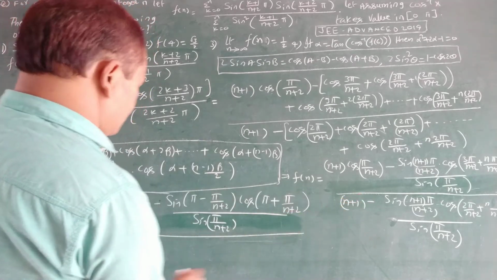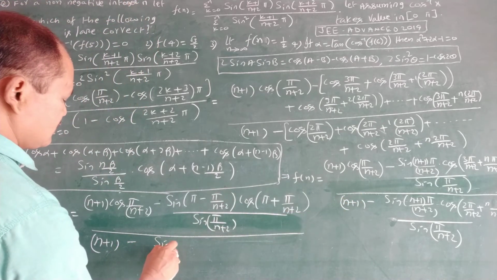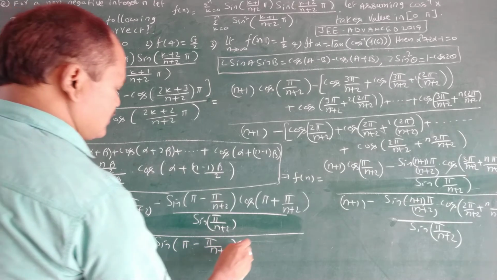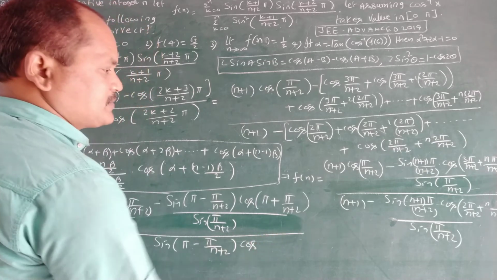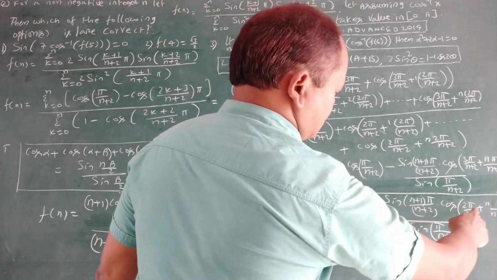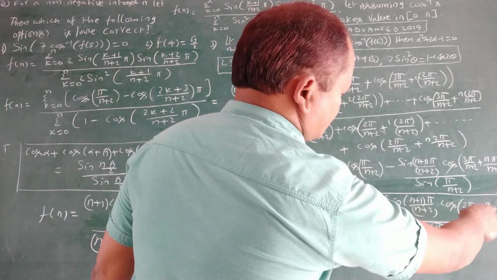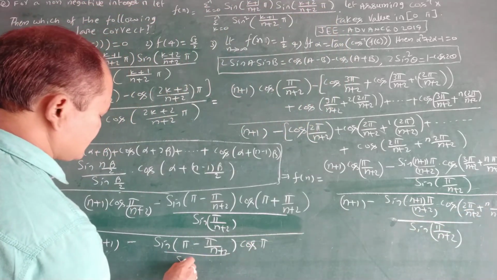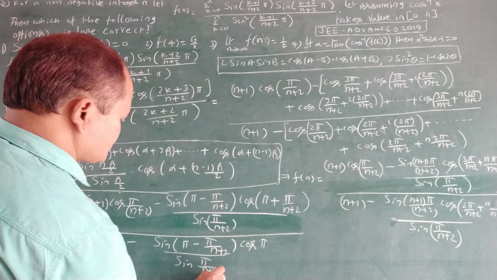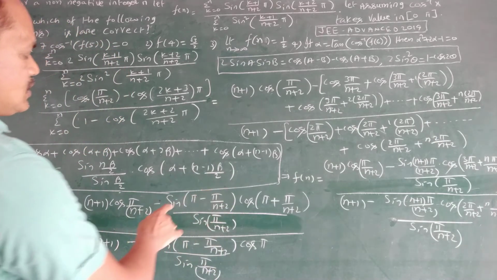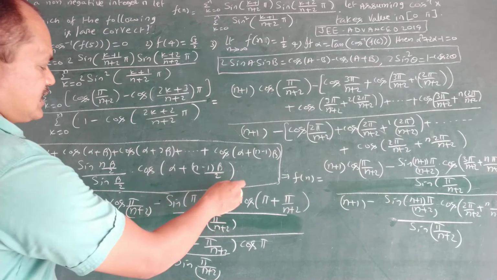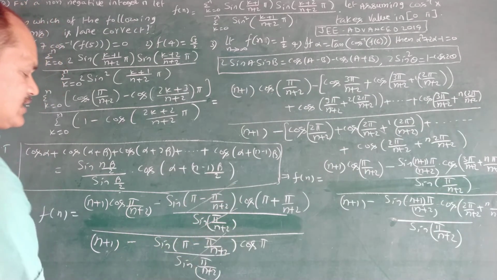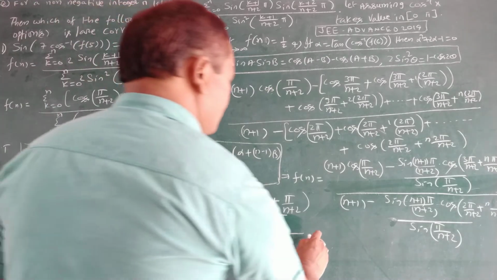minus, here it is sine pi minus pi by n plus 2 into cos. Observe here 2n pi, take pi common, then n plus 2 gets cancelled, then it is pi by sine pi by n plus 2. That's all. So sine 180 minus theta, sine theta gets cancelled. Here also sine 180 minus theta, sine theta gets cancelled. That's why here we get